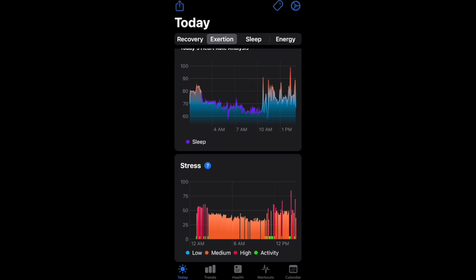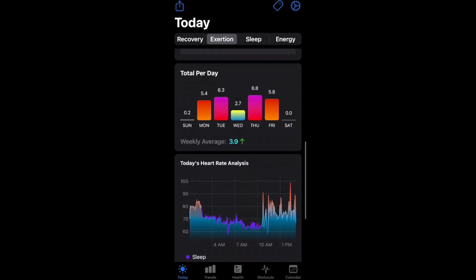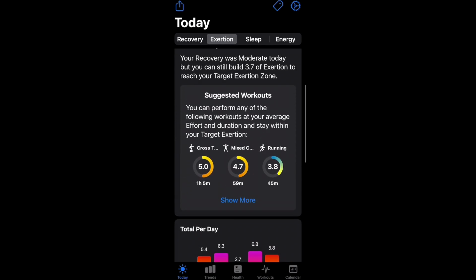So I'm not sure exactly all the factors that go into it, but it has been following somewhat Garmin's body battery, which is the best physiological metric on the planet. But it is not totally accurate because I have not been that stressed throughout the day. I don't know that I would have said I ever hit a red point. But in other times, in tracking it and just generally sort of eyeballing it, it looks like it's done pretty